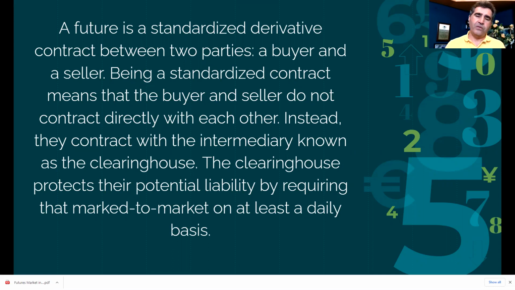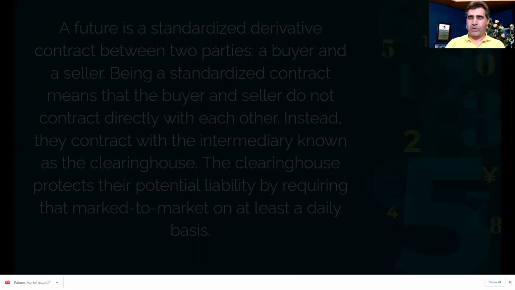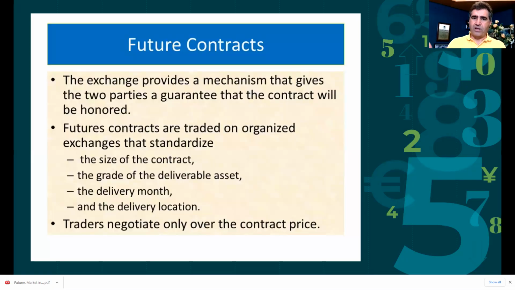If you recall, when we do Forex, for instance, there's no centralized exchange. With futures, which makes it more attractive in some ways, there is. So you do have that protection. What the futures contract does is bring that mechanism so the parties are guaranteed that this contract will be honored. So you have the futures contract, you have the clearinghouse, and you have the exchange, which creates all the bylaws and all the rules. So basically, everybody follows a standard rule, and that's what's called the standard contract.